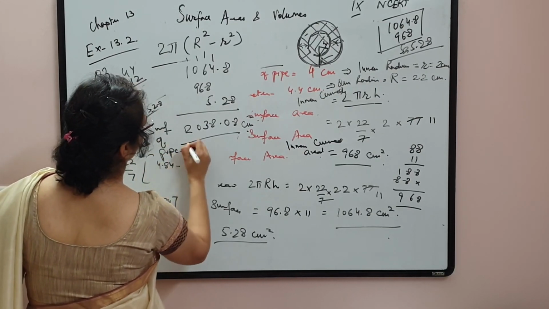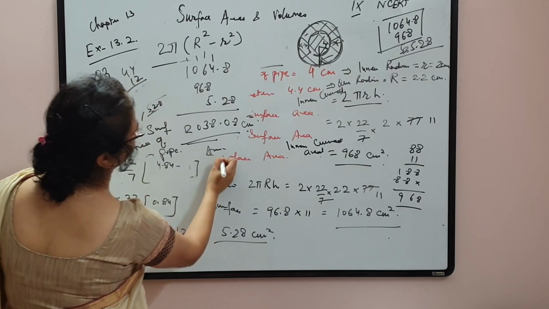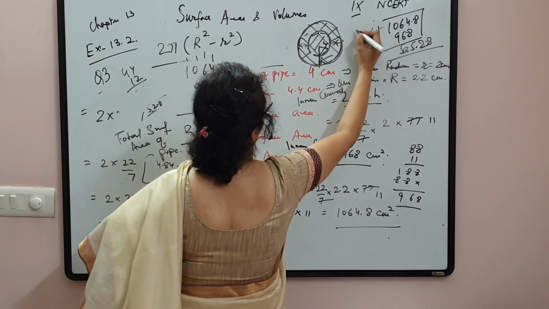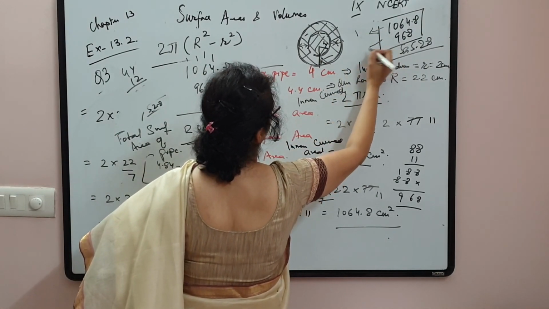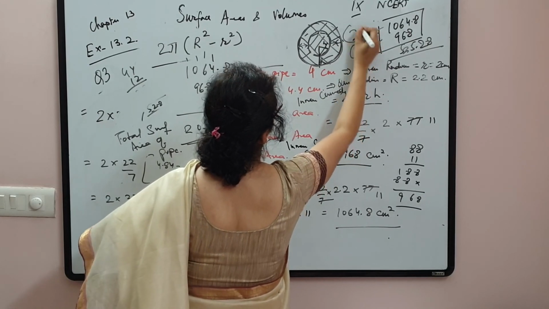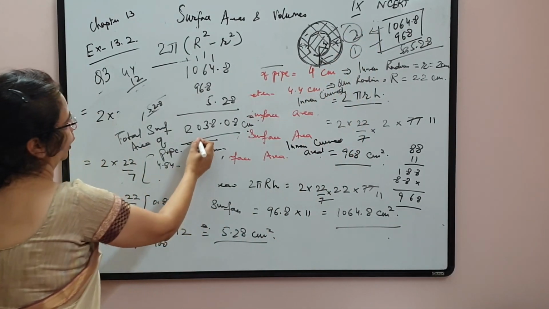Right, children? And that's your third answer. So your first answer was the inner one, second was the outer one, and the third is the total area, which is